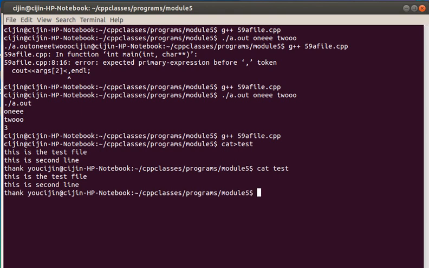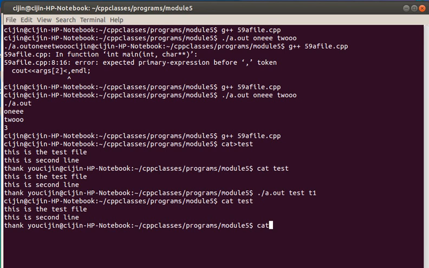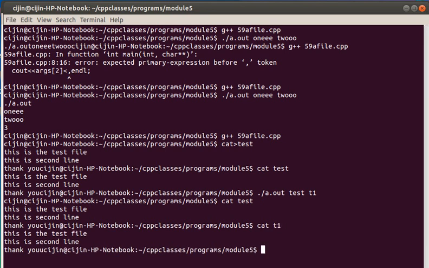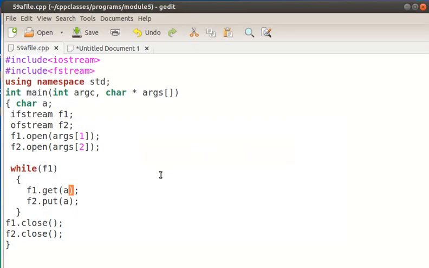Okay. Now I want to copy this: ./a.out space file name is test. The test has to be copied to T1. Okay. So this is execution. So the contents of test are read one by one and written to T1. Cat test I am checking the source file, then cat T1 checking the destination file, both are same. So this is reading a file character by character and writing to a new file.